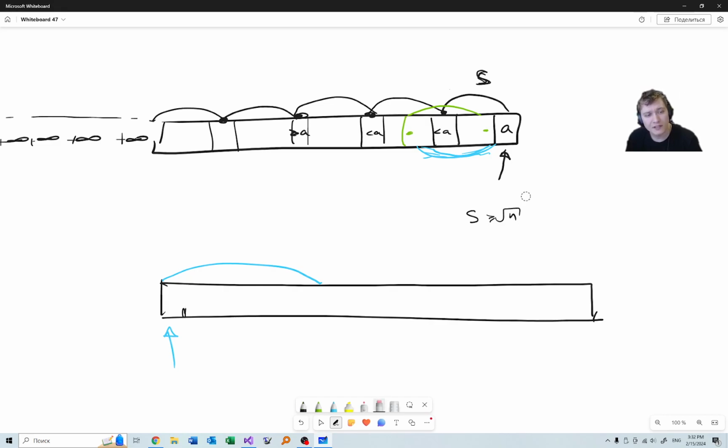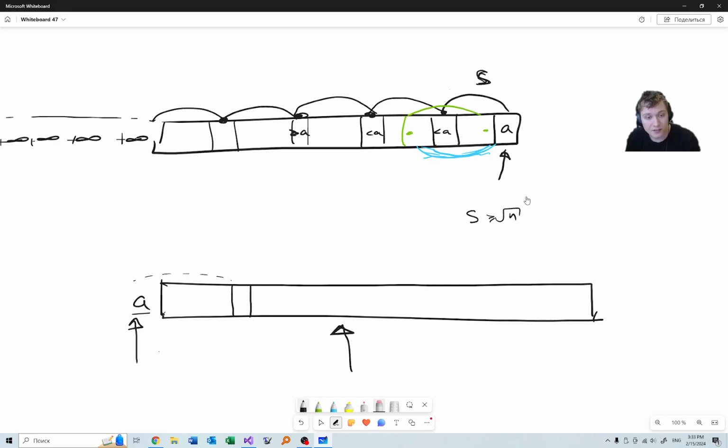Or maybe we can do it this way, that we add a new element to the left. So we added a new element here. What would we like to know about this array to add this new element? For example, we're checking the segment of size S. First of all, we're interested if this segment is good, where here we have A. And second,